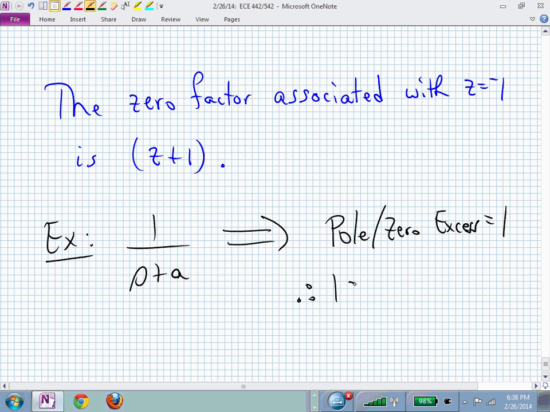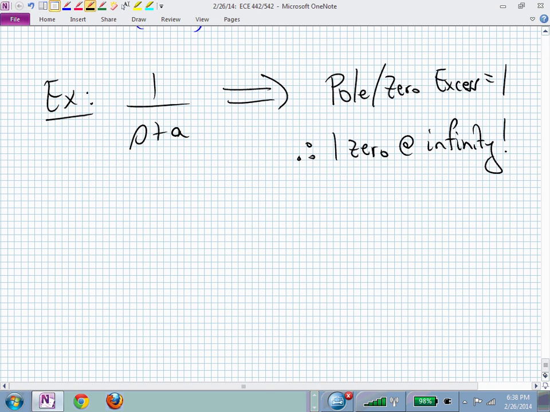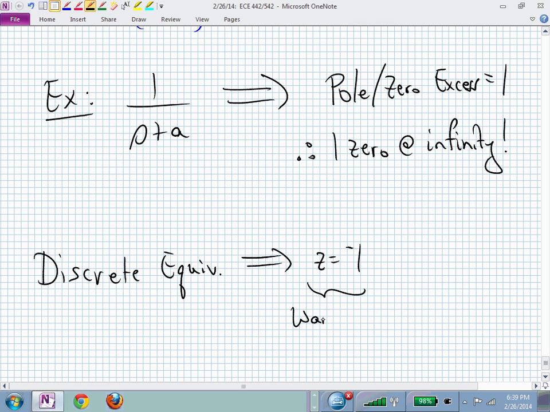That says then that we have 1, 0 at infinity. Which means that when we are starting to do the discrete equivalent using pole zero mapping, then we need a value for this. So we want a 0 for this value of z,